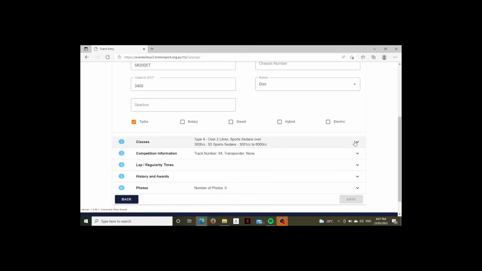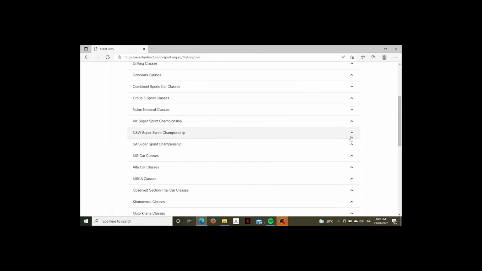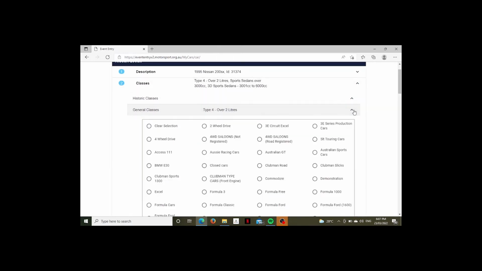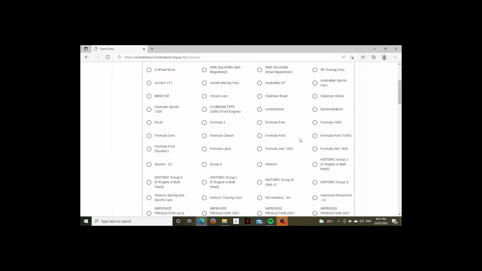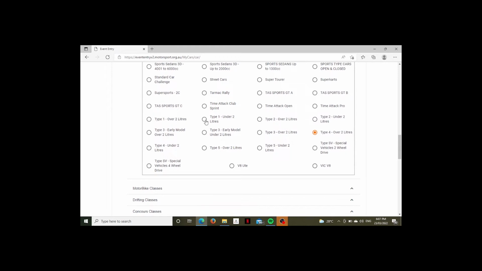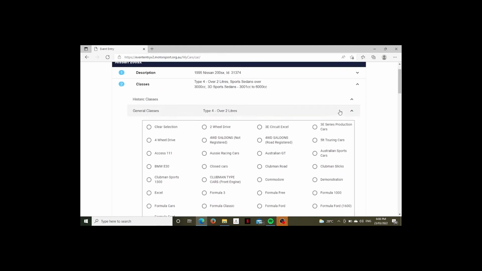Classes takes a little bit of setting up, but for the purposes of the Tamworth Sporting Car Club lap dash, you need to look here in general classes. So you just click on the arrow there, it'll drop down all of the general classes that are available, scroll right down to the bottom, and then you'll see type 1 through to type 5 with special vehicles. And these are the classes that we run under for the supregs for a club lap dash. You need to tick your appropriate class for your car,